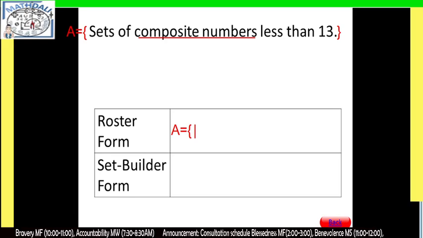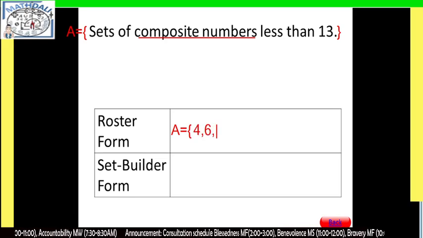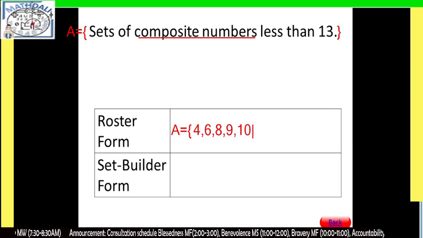Meron tayong 4, of course. We also have 6. We also have 8. We also have 9. We also have 10. We also have 12. Can we include 14 class? Definitely no. We cannot include 14.